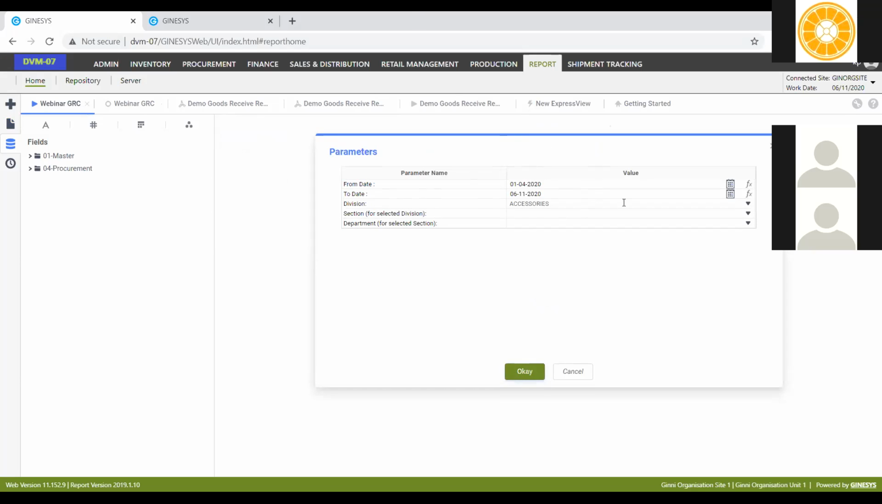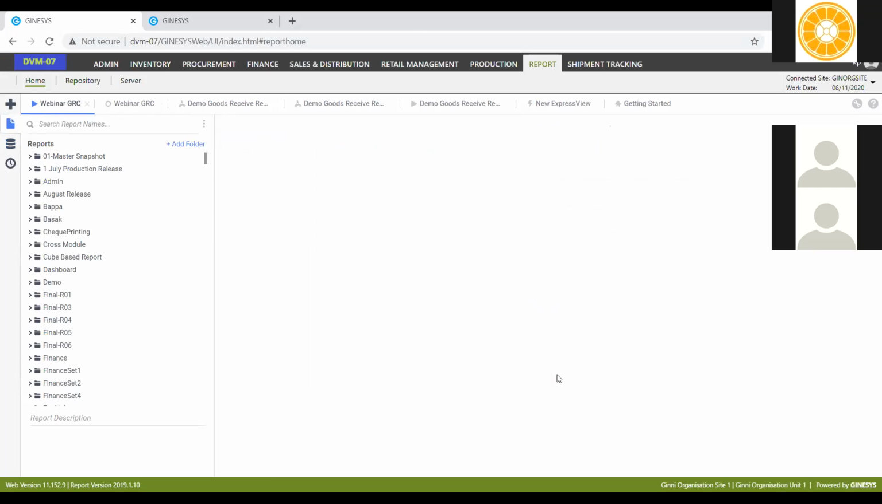So we get the prompt for the date. The default date is the first of the financial year, 1st April, and today's date. If you want, we can change this to another date. Maybe we can keep today. So both my from date and to date is today, and I don't want to put any filters here. Okay. So if we say okay,